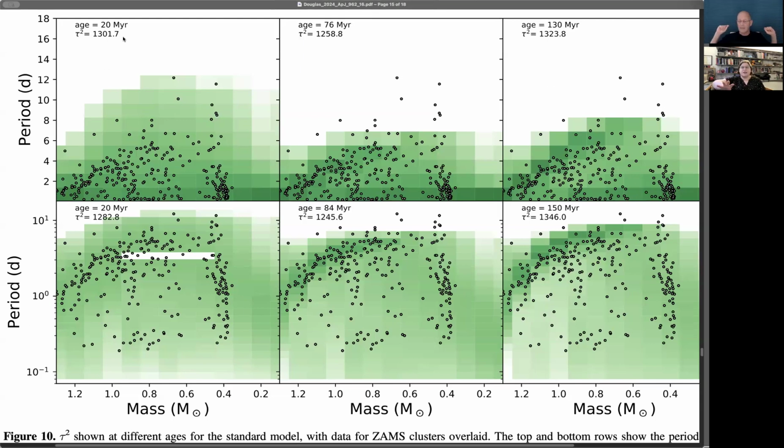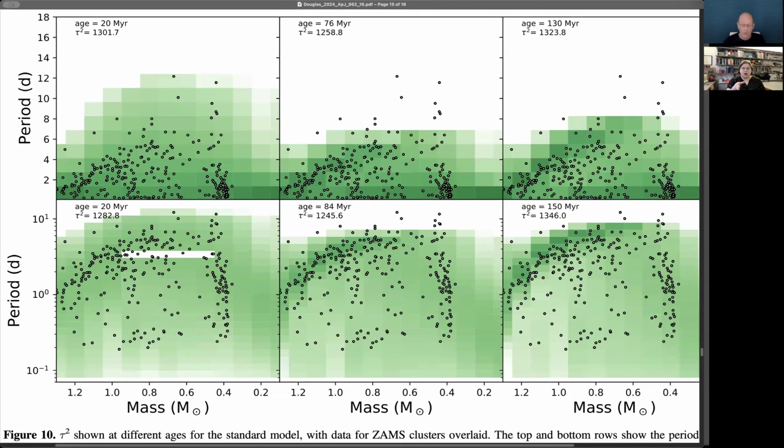And this panel is trying to illustrate that visually. So in the middle is the best fit. This is the standard model from Bryman 2021. So the best fit model from a linear or a log fit is in the middle column. And then we went lower or higher according to the probabilities. So we've got on the left 20 million years for both, and then on the right 130 or 150 million